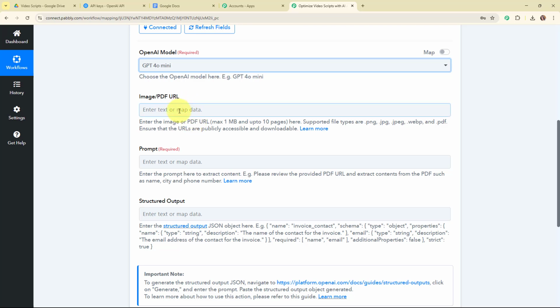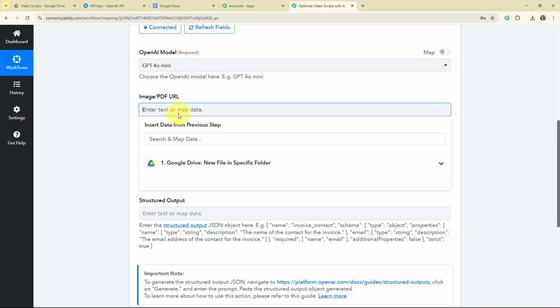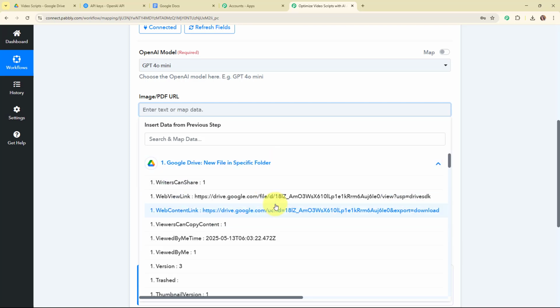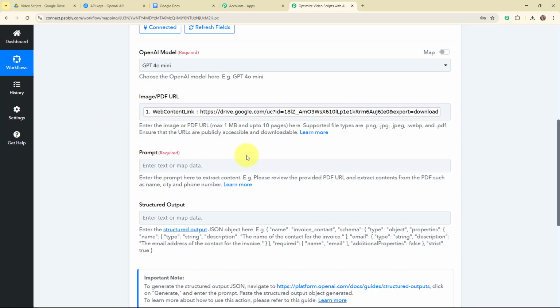So now here, instead of entering the PDF URL manually, I'm going to map the data. Mapping data means insert data from previous step. That means here I'm going to map the data from the response that I've received in my trigger step or my previous action steps. Mapping makes the text dynamic so that whenever we're going to receive new file through Google Drive, then automatically this previously existing detail will be updated with the new one. So here for the PDF URL, I'm going to map the web content link of my PDF, and then here